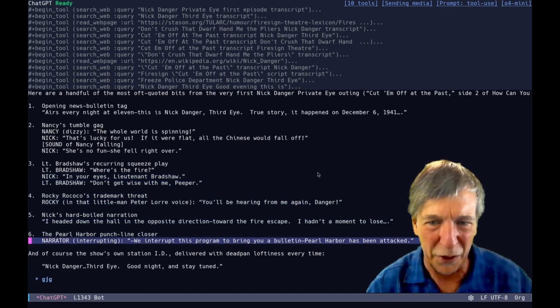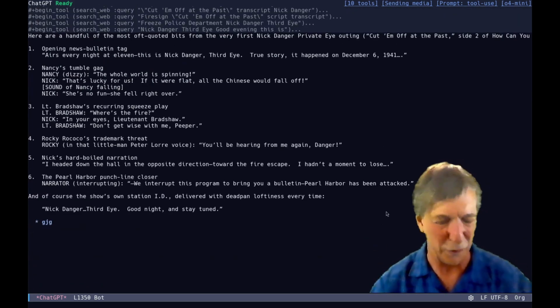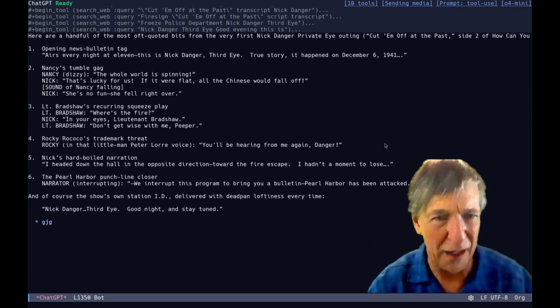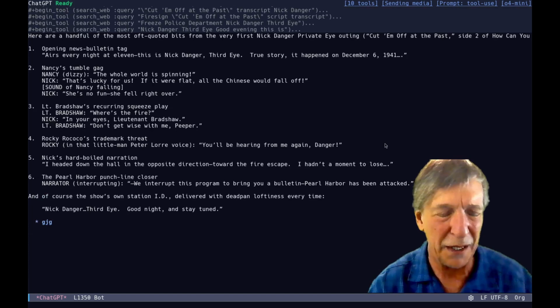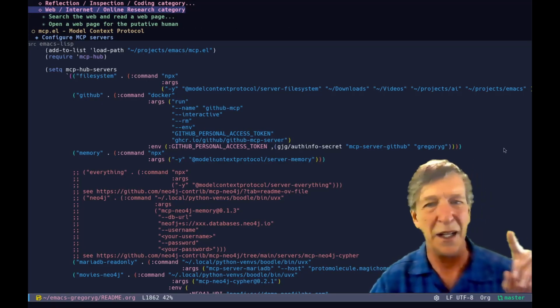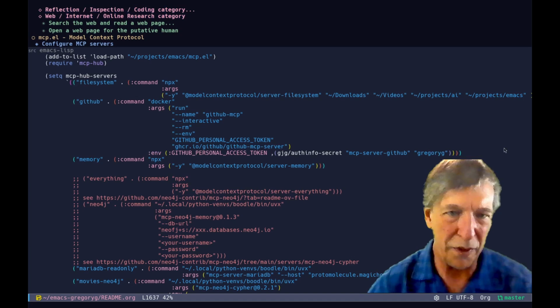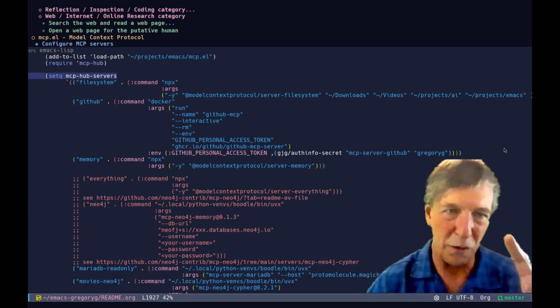I don't know if these are the greatest catchphrases, but anyway, it did its thing, and we have proved our point. All right, I am getting out of here, and I'm going to go to our next section, which is Model Context Protocol servers. So it's one thing to write your own